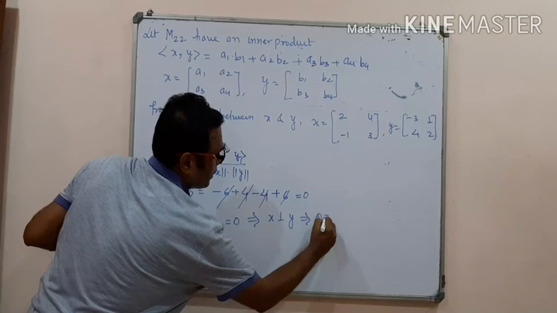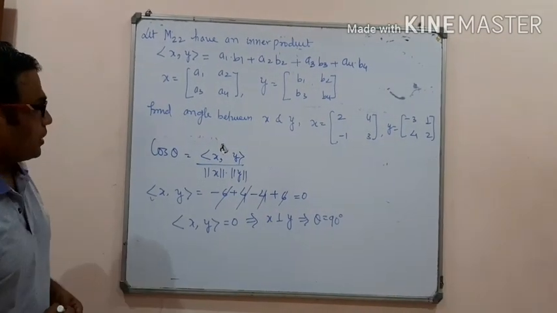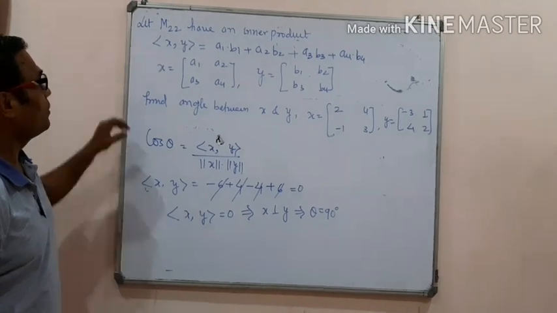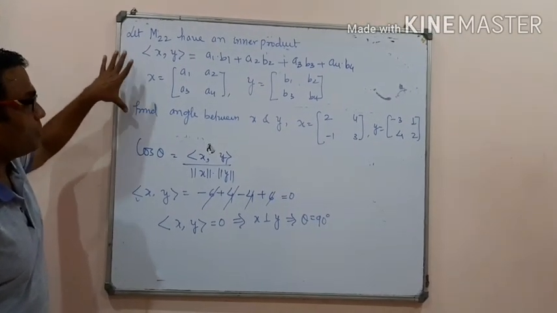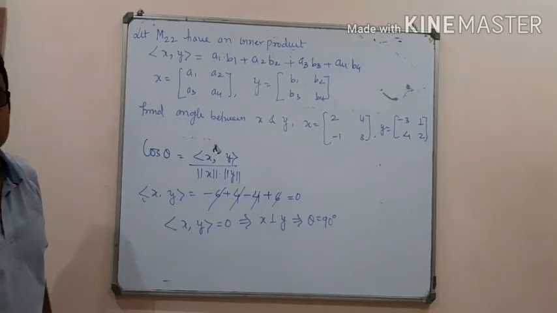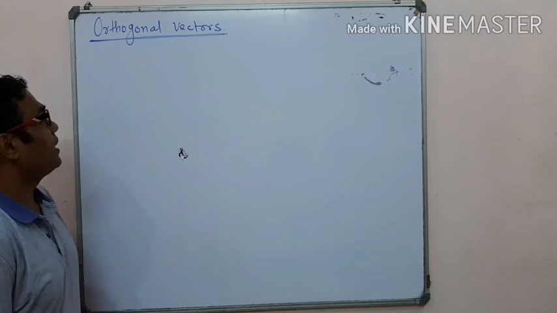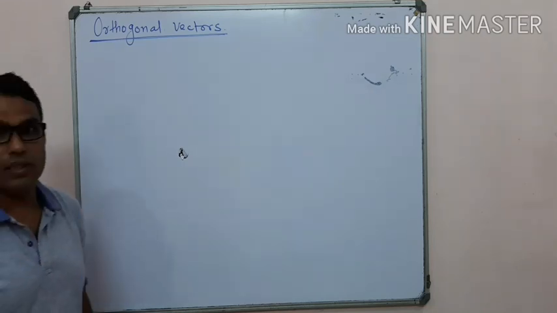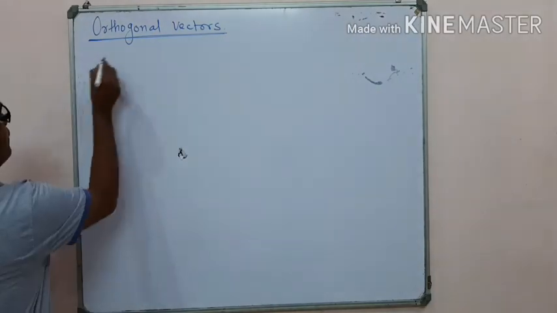It implies that theta is 90 degrees. So in this video we define the examples to compute the angle between the inner products. Now we discussed the orthogonal vectors. In the previous class we found the angle between two vectors, and it is the formula in the